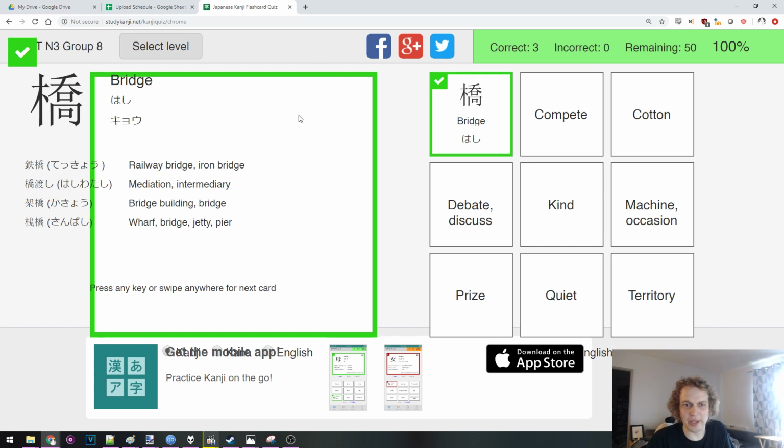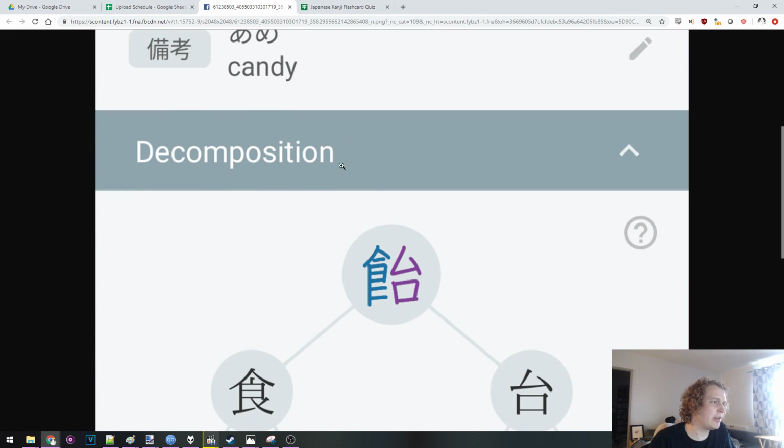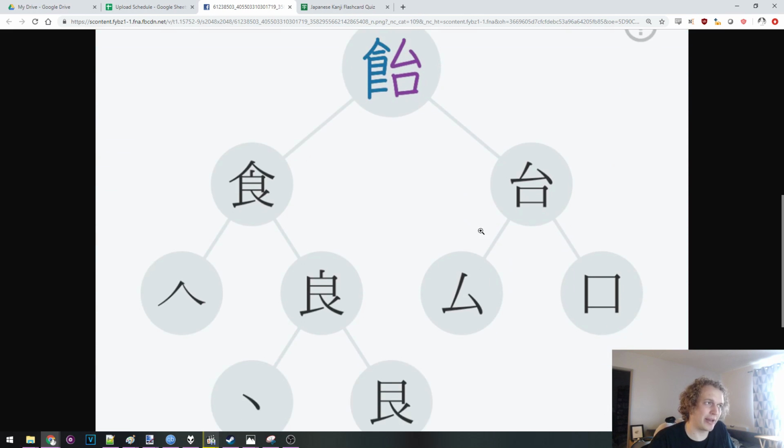I just found out from my friend, actually here, we're getting on a few tangents in today's kanji study episode, but I hope you don't mind, anyone who's watching this. So my friend just showed me this. I haven't updated my app yet, so I haven't seen it. But the kanji app that I use, which is called Kanji Study, and I highly recommend it, just added a new feature where when you're looking at an individual kanji, it will break it down for you into the radicals,